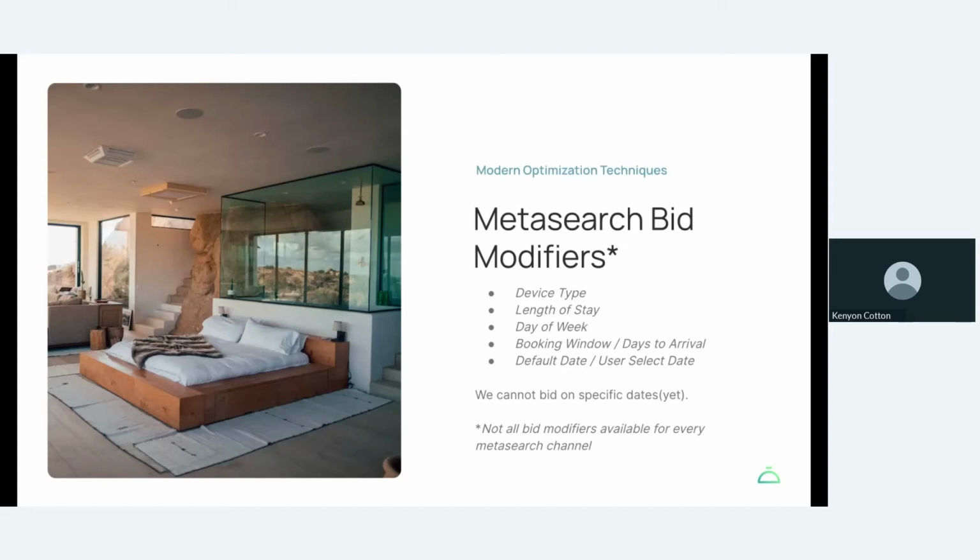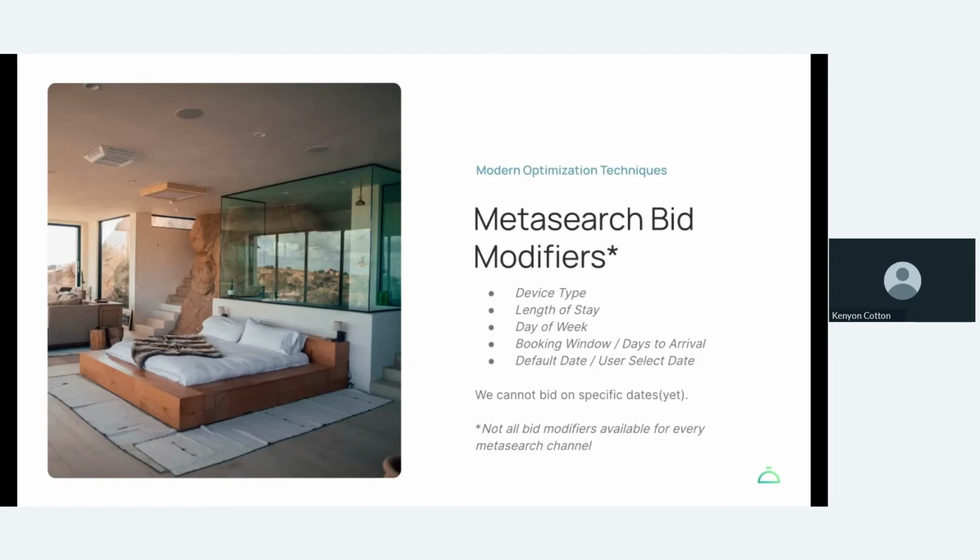Length of stay is a big one. It's really valuable in terms of focusing on, let's say, longer stays when your occupancy is high. If you're at a time of year when your occupancy is low, maybe you'll take any stay. You could actually bid higher on 1 or 2 night stays, things like that. Day of week is very valuable. A lot of hotels, it's very common for them to fill up and be okay on the weekends, but need help midweek. So you can actually increase your bid for Monday and Tuesday arrivals in an effort to help you fill those need periods throughout the week.